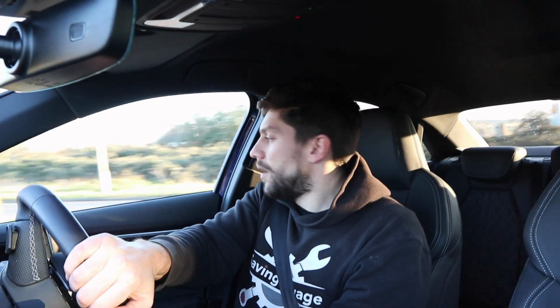What have I noticed compared to the previous generation S3? The steering is a lot nicer. You feel a lot more connected to the road. It's a lot firmer when you would want it to be. Round corners, you can really feel it. It has got that progressive steering. So the steering I have noticeably felt is improved. The gearbox,